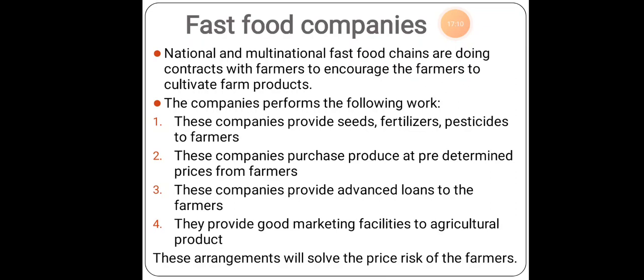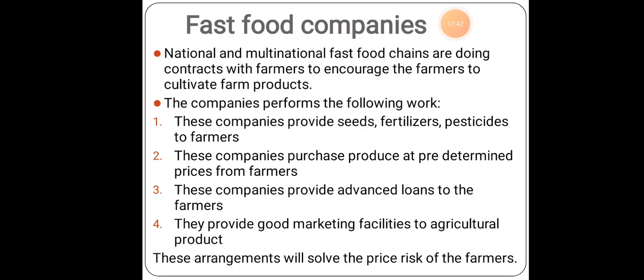So the companies, what do they do? As told earlier, they provide all the seeds, fertilizers, pesticides, and they even give a predetermined price. Not only providing all these things, even for the plot, even for working by the farmers, money will be given to them. Next, the companies provide advance loans to the farmers, not only for their work in their plot. If the farmer has any other acre of land to do any kind of work, the companies will give them loans.